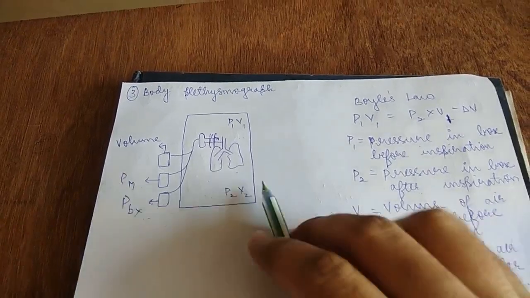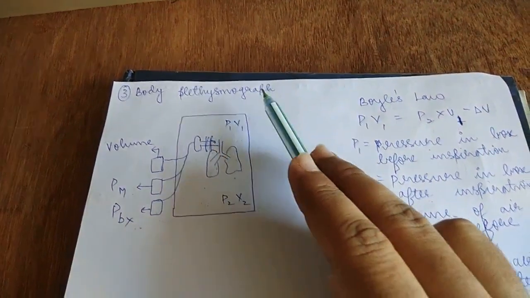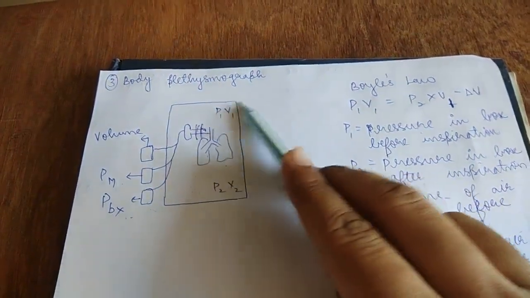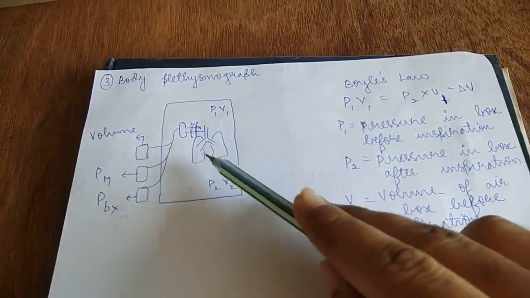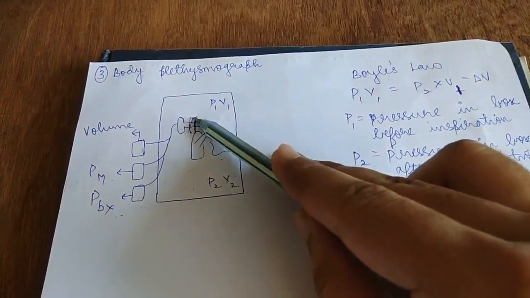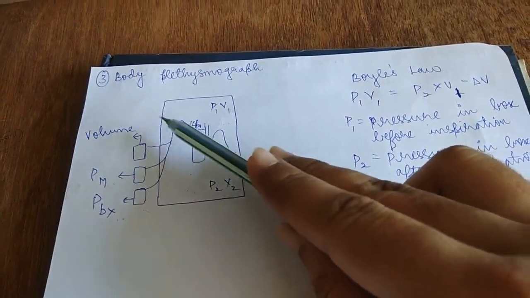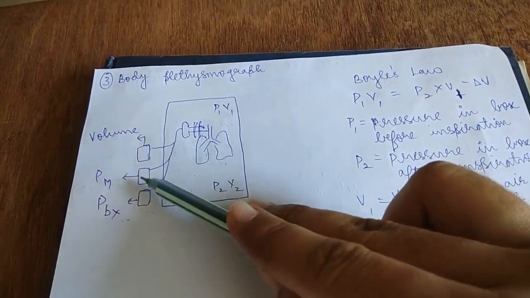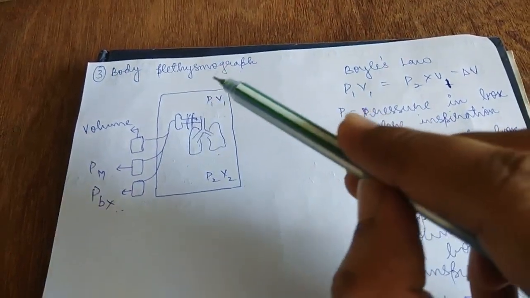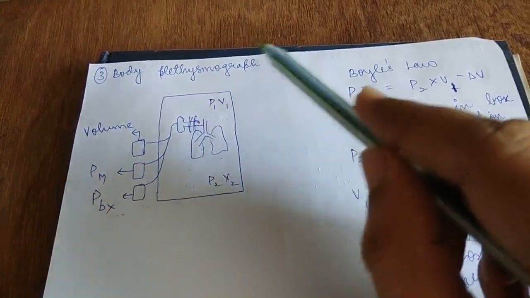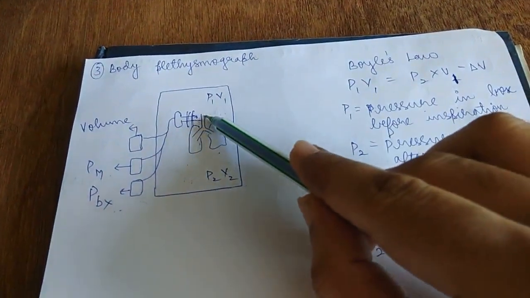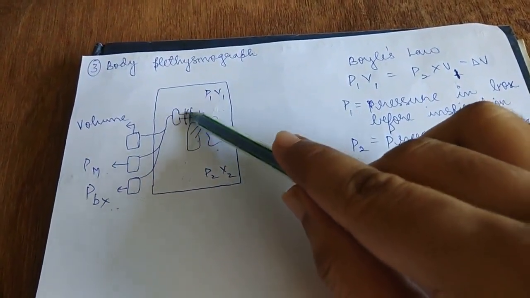Now coming to the final and the last method, the body plethysmograph method. As you can see, there is a box. It is an airtight box in which the person has to sit. And it has a mouthpiece, a shutter, and a transducer which measures the pressure at the mouth of the person, and the pressure changes in the box. Once the person enters this box, the door is closed and the person is made comfortable to sit over the stool, and initially the shutter is open,